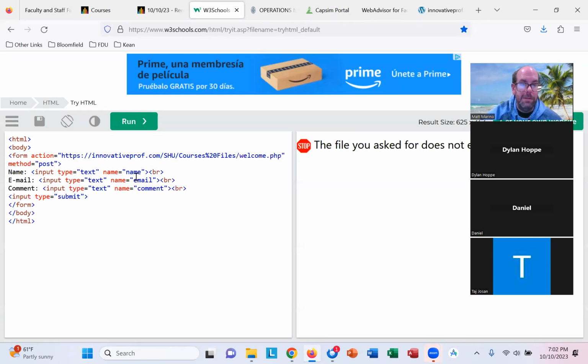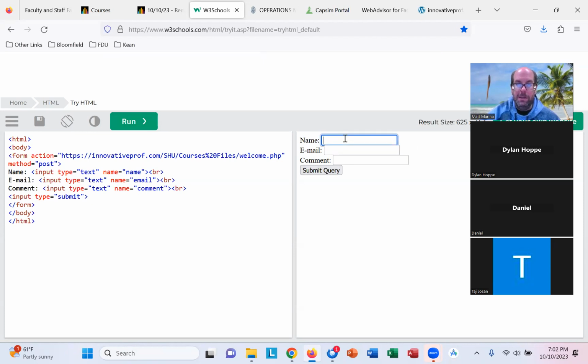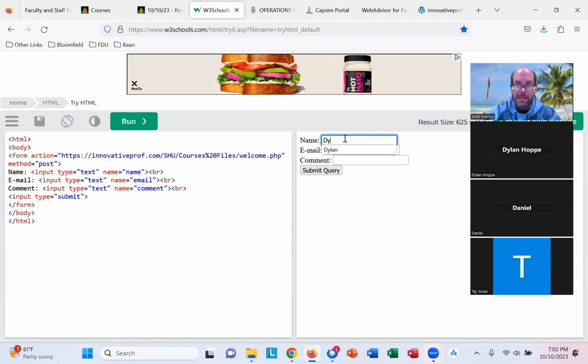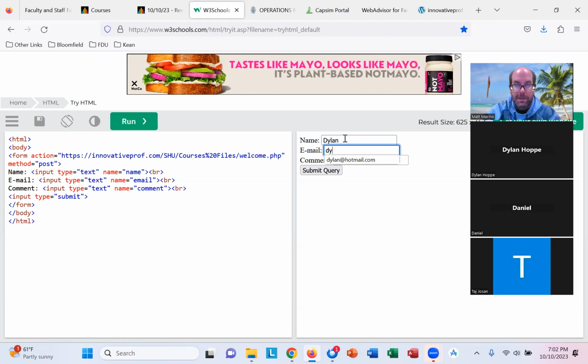So that it now goes to the correct link. So then when I run it, I'll put in that same info. Dylan at hotmail.com, loves this class so much. And now that it's actually linked correctly, when I hit submit query, like I said, it'll use the PHP echo